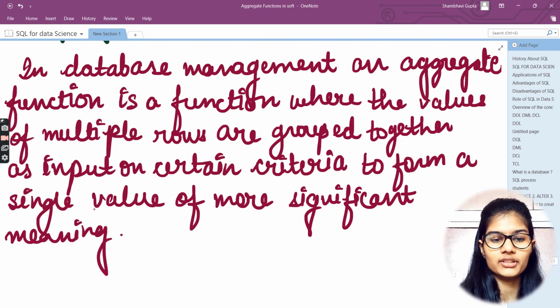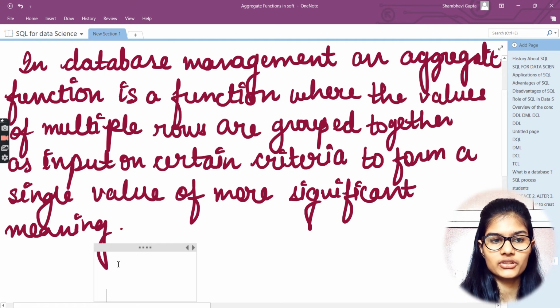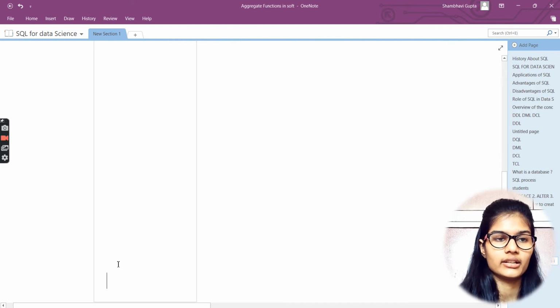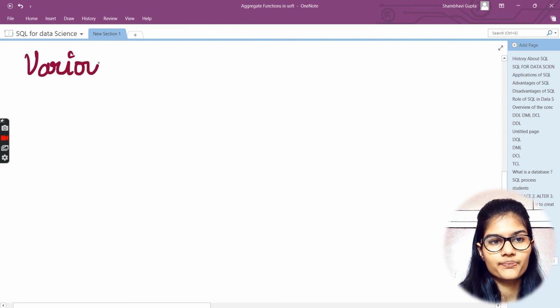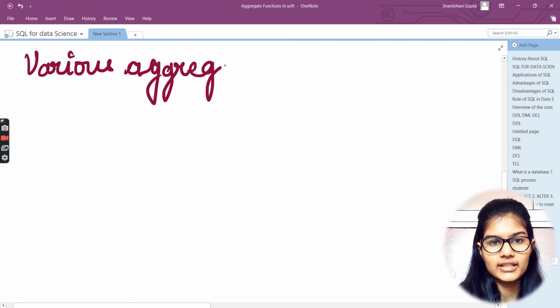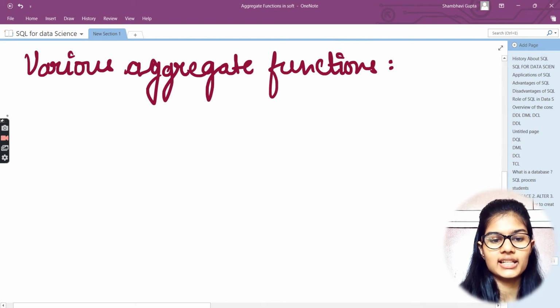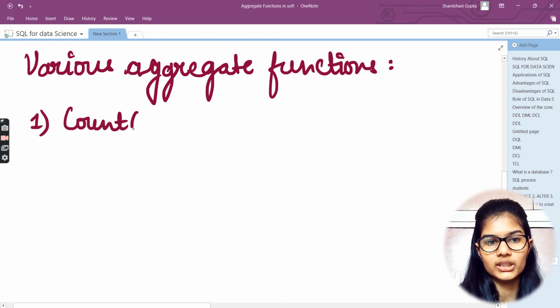Fine. After that, what are the different aggregate functions which we have in SQL? Here I would write the various aggregate functions. Number one, we go with the count function. Number two, the sum.